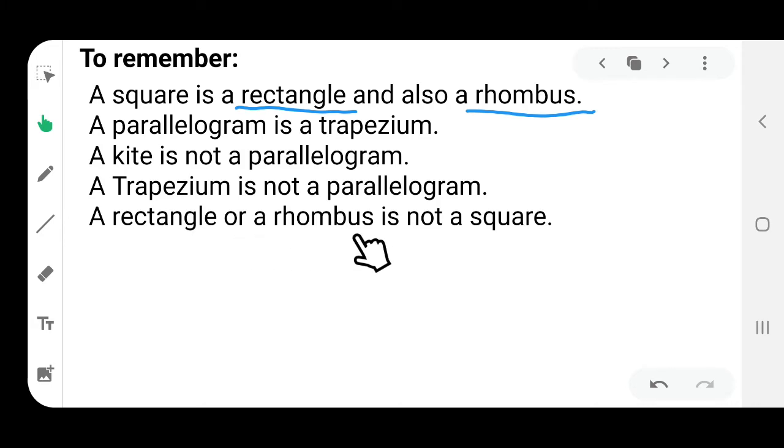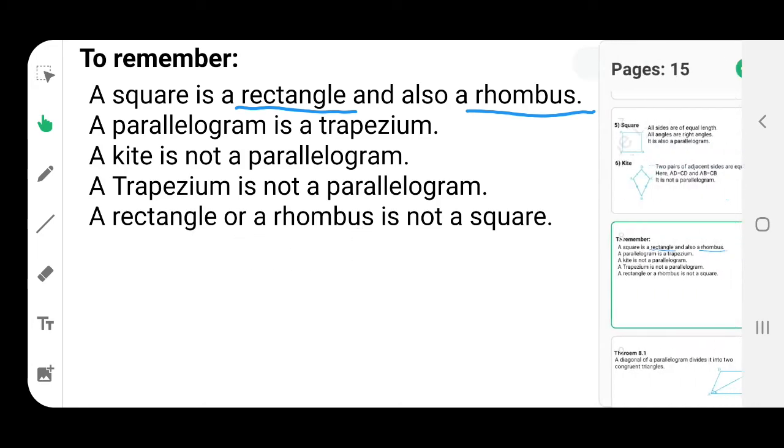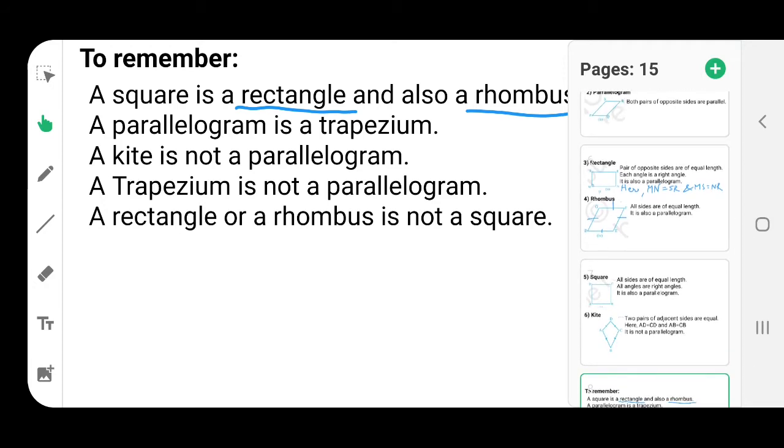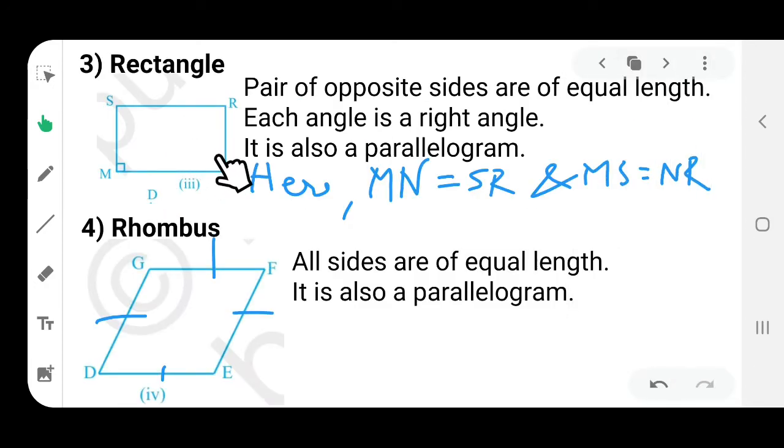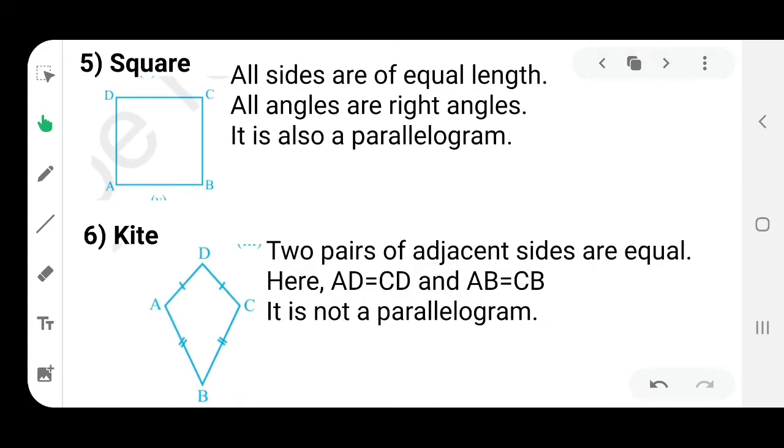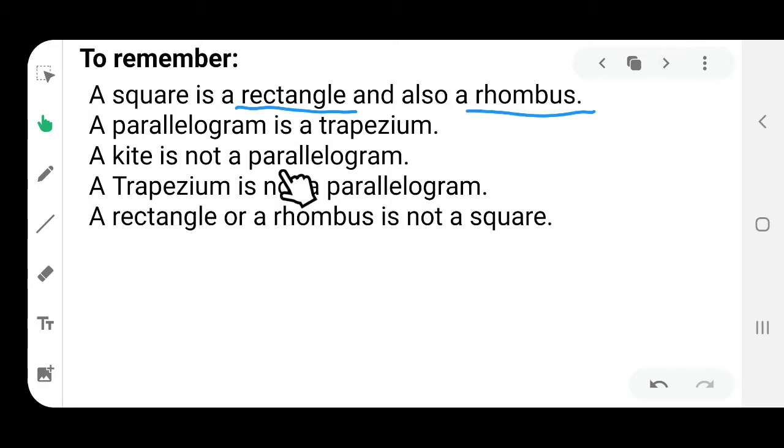Rectangle and rhombus is not a square. Rectangle की बात करें या rhombus की बात करें, उसे हम square नहीं कह सकते, because rectangle में सारे के सारे, चारों के चारों sides equal नहीं होती, जो square में होना चाहिए, right. All the four sides are not equal, so it is not a square. And rhombus में सभी के सभी four sides equal है, मगर ये जो angles है वो 90 degree नहीं होते। ओके, angles are not 90 degree, so it is not a square. Okay, rectangle and rhombus is not a square, but a square is a rectangle and rhombus. So ये आपको properties जो है quadrilateral की याद रखना।